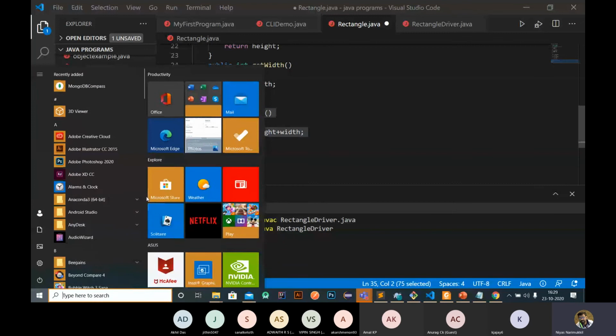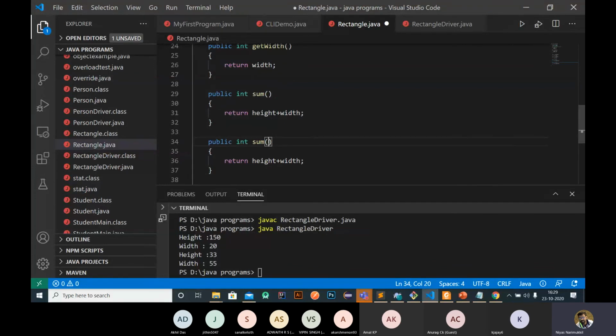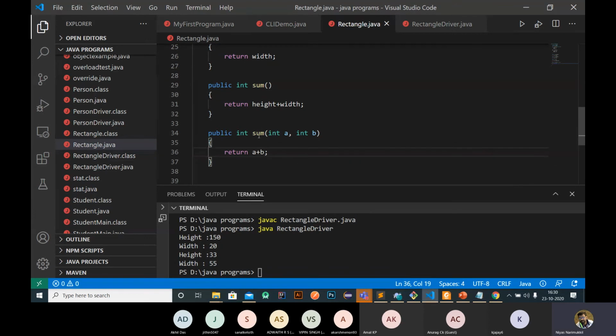So in case of method overloading, I can create another method having the same name. So I'm using another method here, sum, but here I am passing some values, int a, int b, and I'm returning a plus b here. So this is method overloading. Same function name but different parameters.